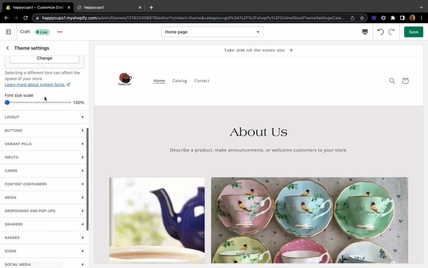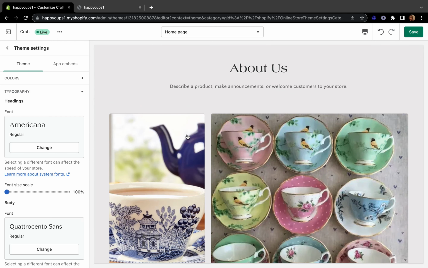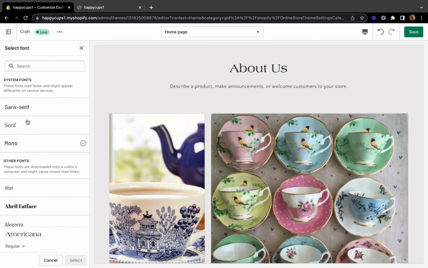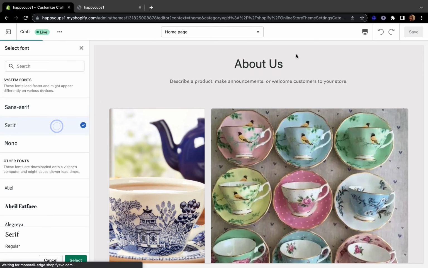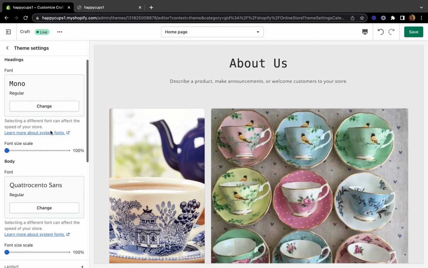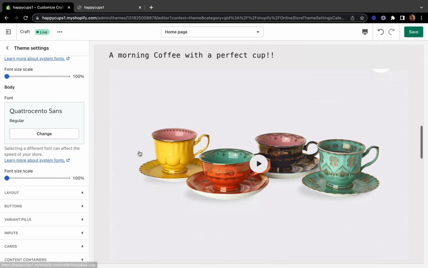So on the typography here, you can change the fonts of your store. For example, right now I'm using Americana, so if you don't want to use Americana, you can just click change there, and you can pick if you want sans serif, and you can see it's changing. You see there? Okay, so as you keep selecting different fonts, it keeps changing. So you can use maybe 1 to 2 different fonts, and don't use so many different fonts. That will distract your customer. It won't be really good, or it won't look so